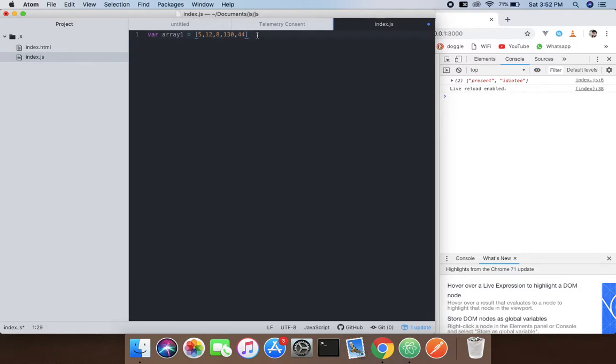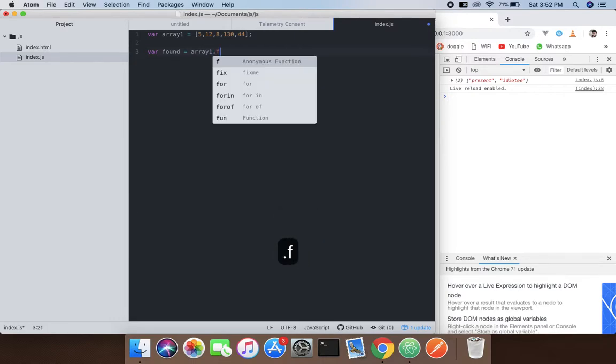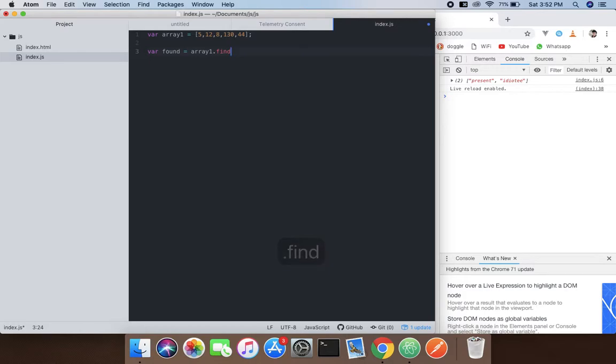Now var found, and what it does is we will use the Array.find method. Inside that we'll pass a function. I'm gonna use arrow functions,